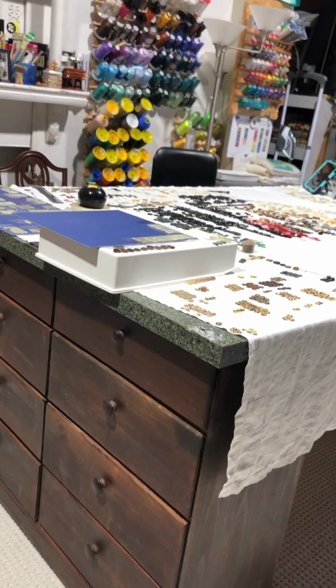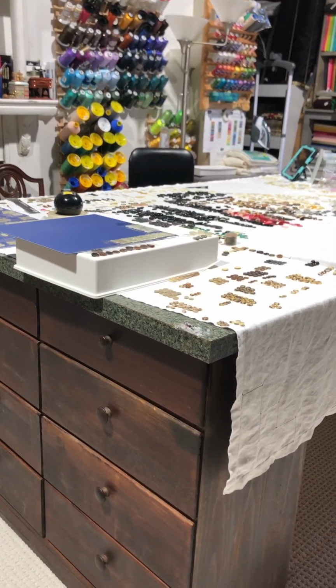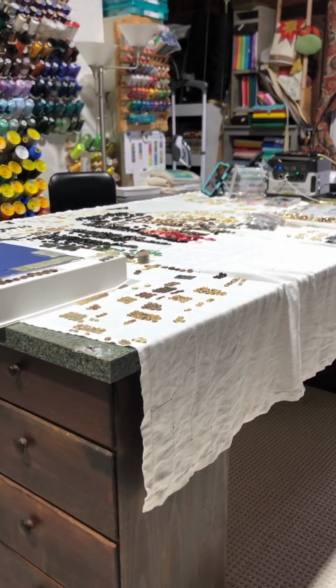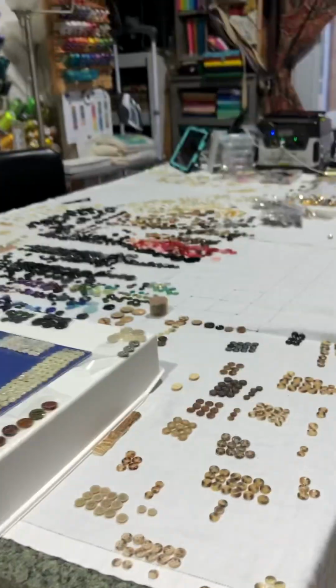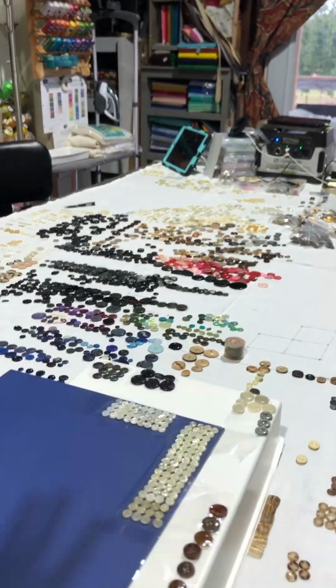So the dressers match, and the tabletop got delivered from my local antique store. It was a great price. It came out of an estate that was for a quilter, so it was designed and custom built for that. So it fits perfectly, and it's a great massive space for this kind of project where you can really sort